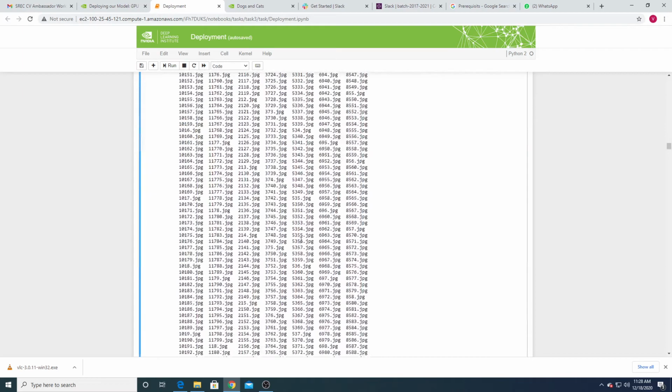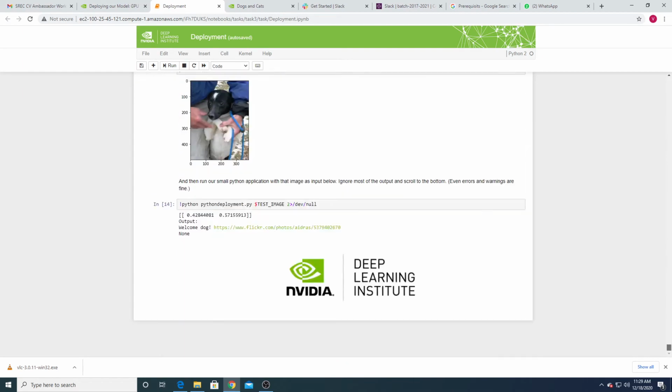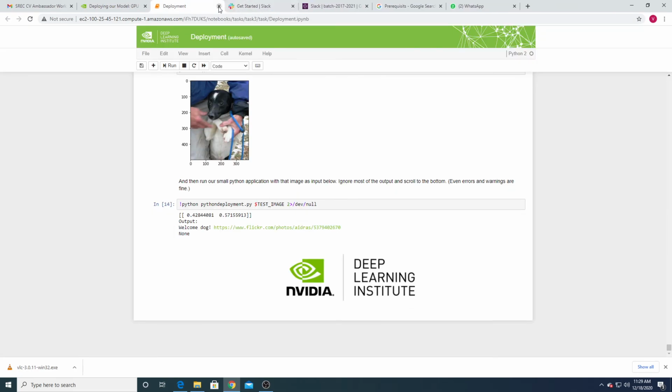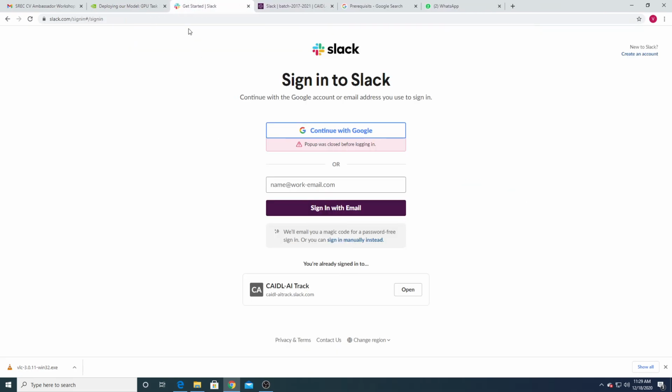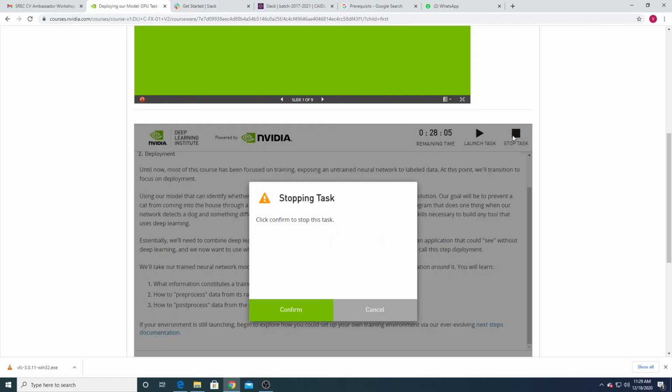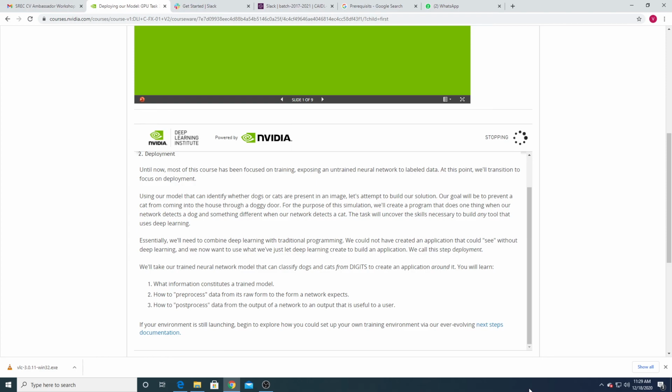The same code is available in the Python deployment.py. Now we are running that Python code and it will give the welcome message. That's it. Now our third GPU task is also completed. Now we can close it, and so it's completed, right? Now you can stop the task. So the third task is also completed.